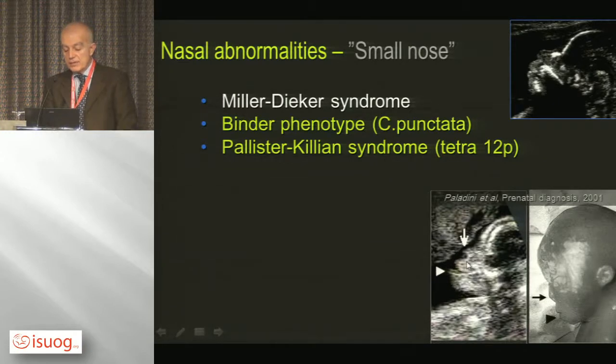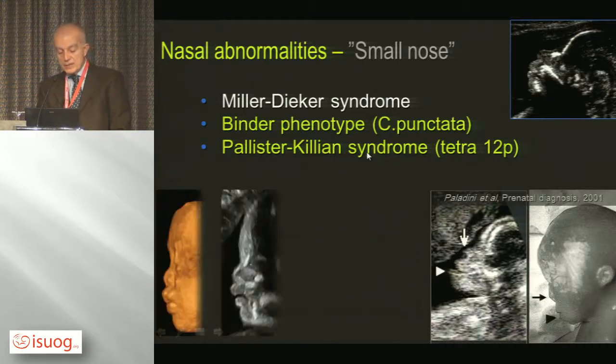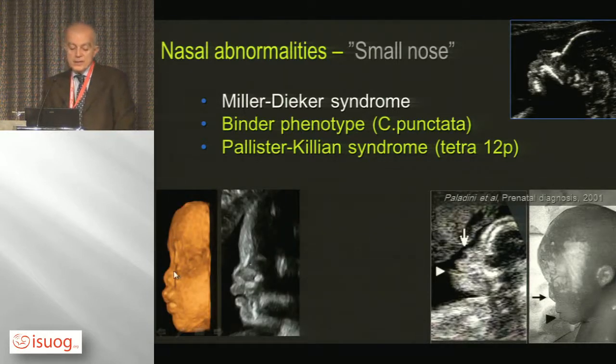Otherwise, you will find a very small nose in half of the population of the Earth. But if you have found other abnormalities, then an abnormal profile with a small nose will make a difference in pointing you to the correct diagnosis, such as in this case of Pallister-Killian syndrome, or in another case, if